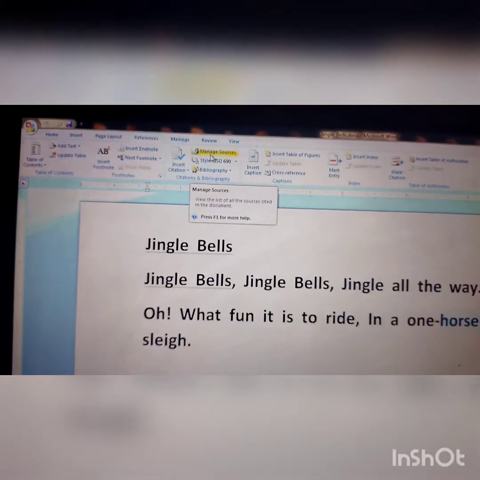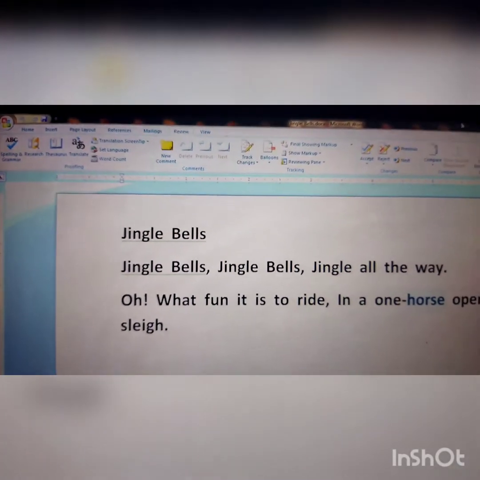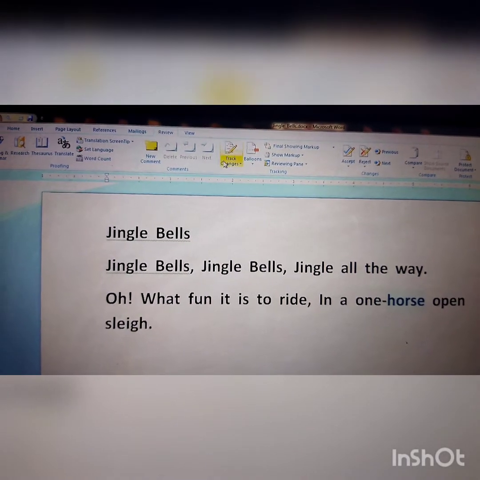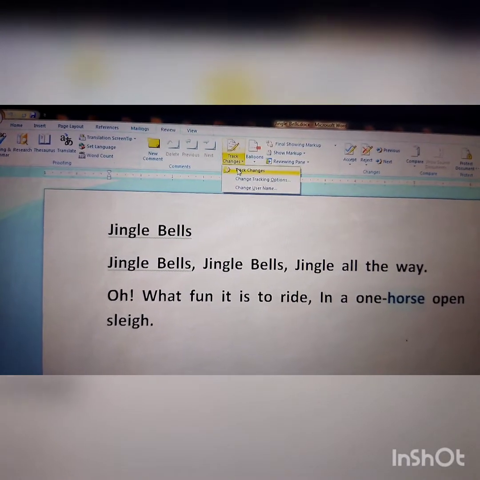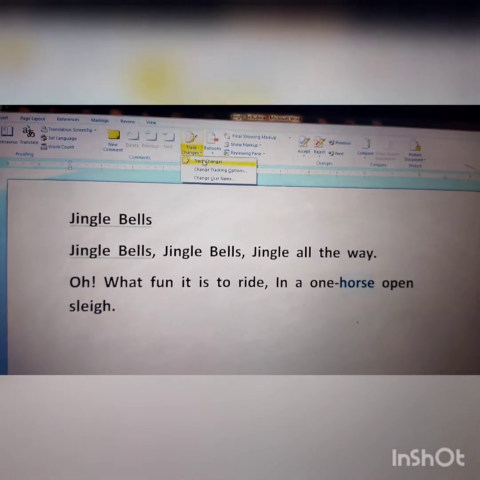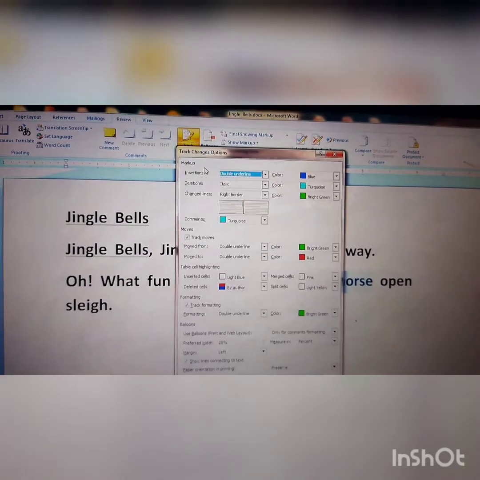So for the track changes feature, students, you will click the Review tab. This is the Review tab, and after that you click the Track Changes option. Just click here on the change tracking options and change user name.